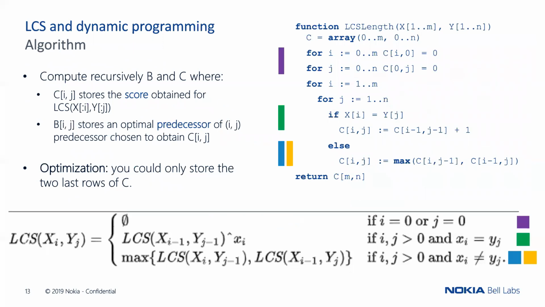Now, how do we solve it with a program? So actually, here you have the program that corresponds to the dynamic program that we try to solve. Here the matrix C only stores the cost of the best LCS, but you could also save the previous vertex that you used to reach a position ij to rebuild the LCS. So this is what we call the backtrack matrix.